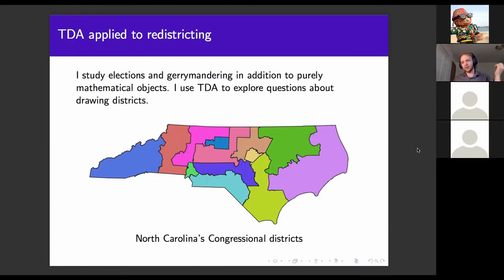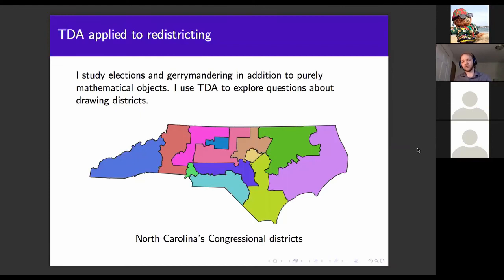And the answer is that that's super hard to check, because the way to check it is to compare the map against every other map you could ever have drawn and see where it lies. That's really one of the few sensible ways of doing things. And the set of all maps on a state like this is intractably vast. If you had to enumerate it, it would be the heat death of the universe. It's NP everything. And so you have to explore it with very clever sampling techniques.